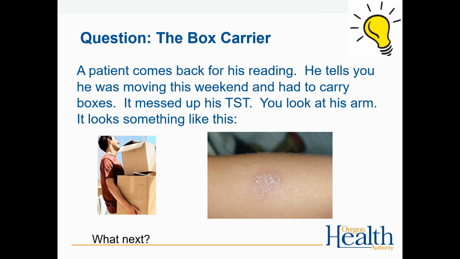Yeah, I'd probably do an IGRA. Yeah, it's probably a positive test. I mean, if the guy had risk factors and this was his result, I would say it's probably positive. Now, if the person didn't have risk factors and this was the result, then I would repeat it, either a skin test or an IGRA. That's what I'd do. Perfect.